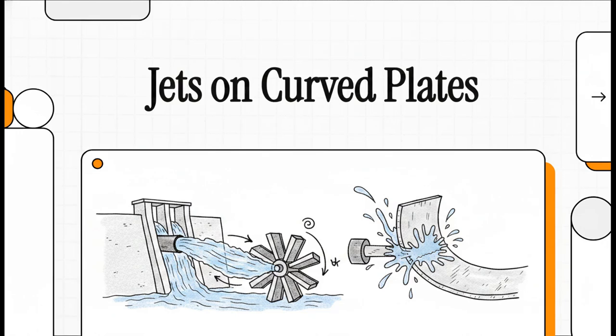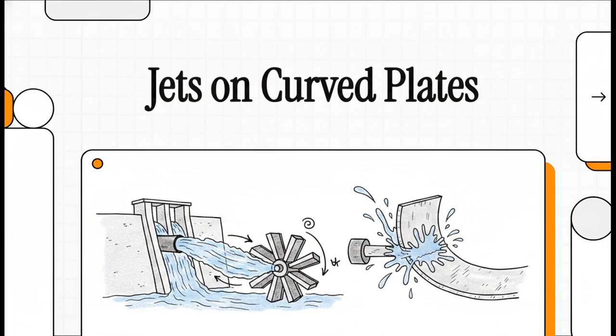Have you ever stood in front of a massive hydroelectric dam and just wondered how it actually works? How it turns all that rushing water into the electricity powering our homes? Well, the secret is completely hidden inside the geometry of fluid dynamics. So let's dive into this explainer and decode the fascinating physics behind what happens when a high-speed jet of water